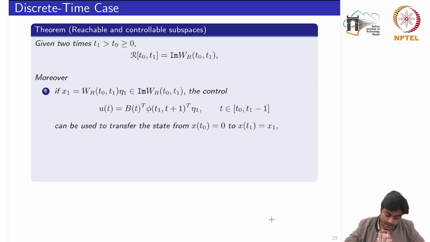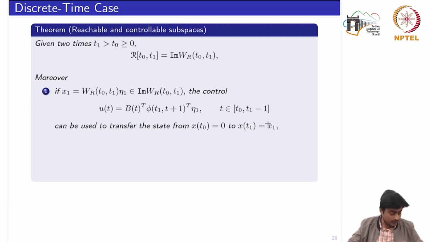Then the characterization of the subspaces in terms of the subspaces given by the Gramians. Given times t1 greater than t naught greater than or equal to 0, the reachable subspace is equivalent to the subspace formed by the image of the reachability Gramian. Moreover, if x1 belongs to this subspace, it is equivalent to saying that I can write x1 equal to the reachability Gramian times some vector eta1. This control can be used to transfer the state from the origin to some point